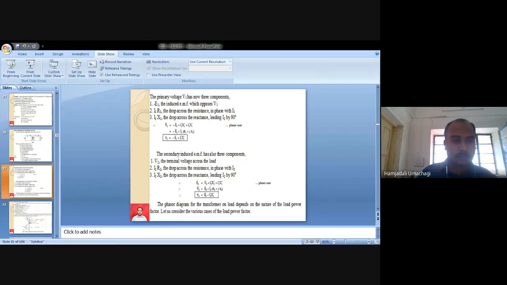The circuit will be of, if this is your resistance, followed by this reactance, and then this will be, what is that? Here I am using Paint, where I may not be able to draw the exact circuit diagram. Just for your explanation purpose, I'm drawing.